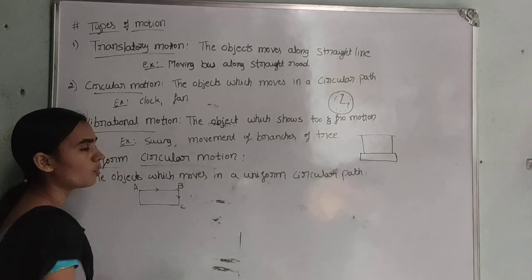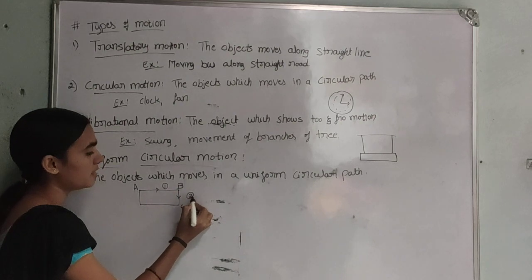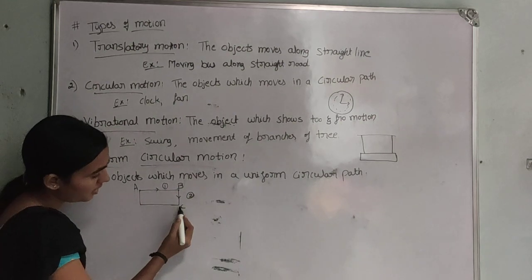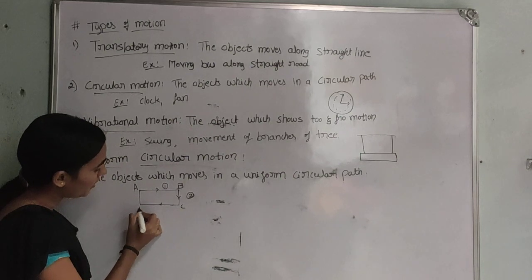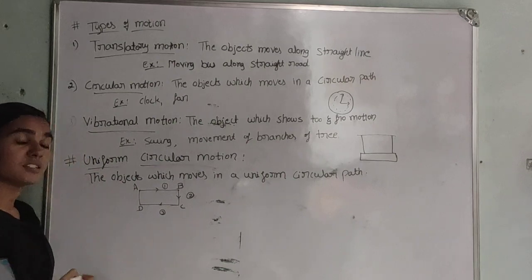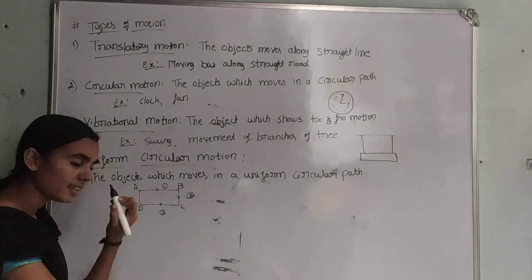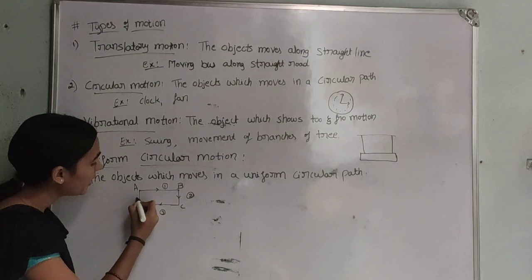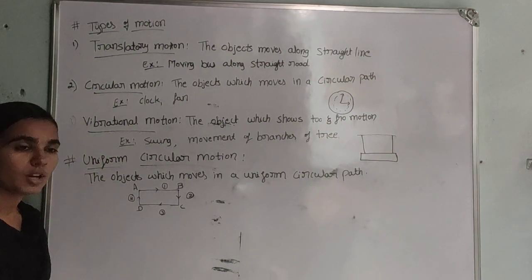So first he moves in one direction, and then he changes to a second direction. When he reaches point C, again he changes and moves towards the point D. This time his direction has changed 3 times. When the athlete is at the point D, again he moves towards the point A, and again his direction changes.